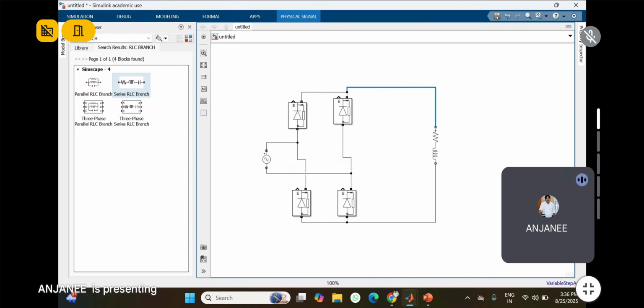Now, if you want to see the responses like current, voltage, or anything else in Simulink, you need two major blocks. One is the measurement block, and the second one is the scope. Scope is just like a DSO, a digital signal oscilloscope we use in the lab to see the waveforms. Likewise, here also you need the scope to see the responses. So the first thing you have to add is voltage and current measurement. We want to see the voltage across the supply. So just write in the library